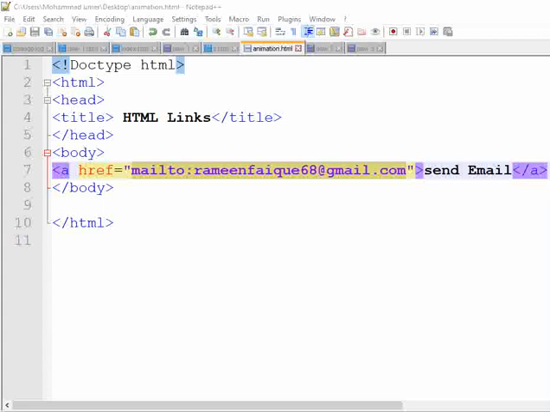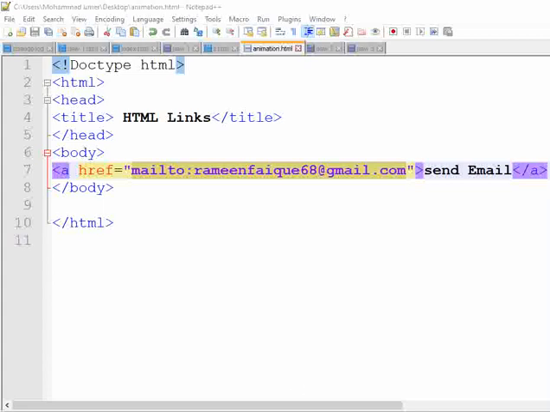Okay, so let's discuss another type of link that we can create using the same anchor tag. We can also create a button as a link, but we are not discussing that link in today's lecture, because for creating that link we have to use some JavaScript code, and this is not the JavaScript series, so you would have some problem understanding those codes. That's why I'm not creating that type of link. Inshallah, we will discuss it in the JavaScript series. Okay, so let's discuss something more about links.